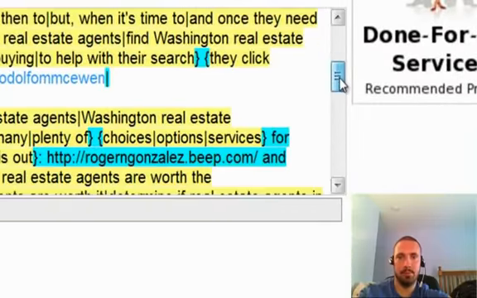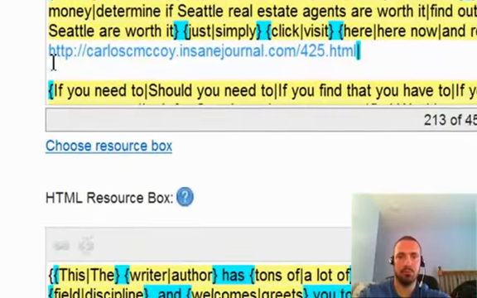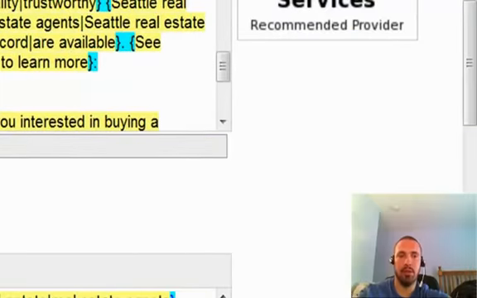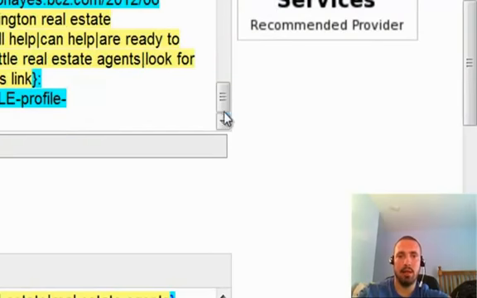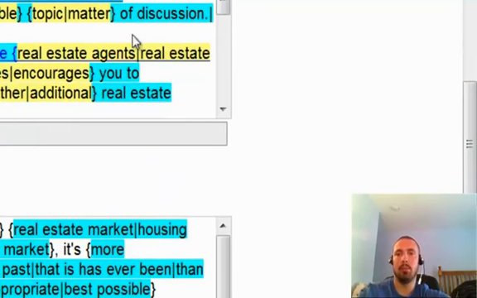Then resource box number 3, Web 2.0 property number 5, and then number 6. Web 2.0 property number 7 and 8 in resource box number 4, and number 9 and number 10 in resource box number 5.